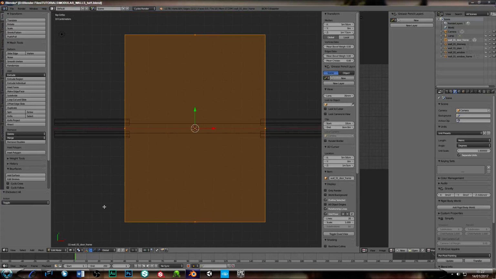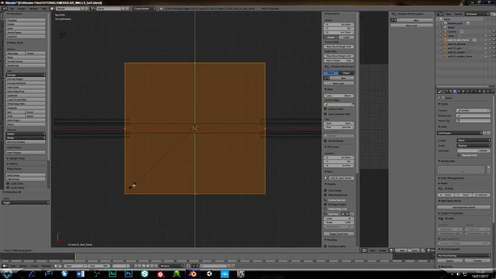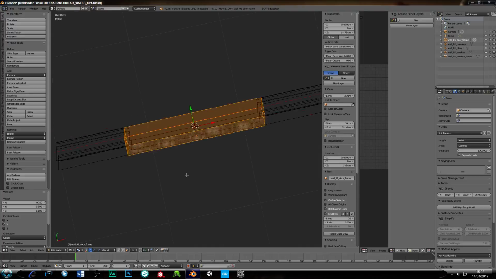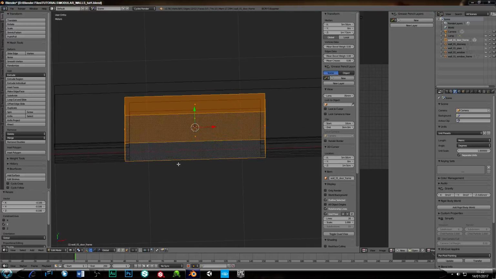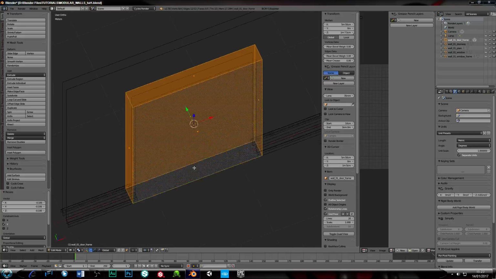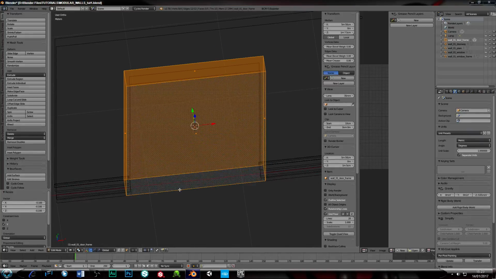Zoom in a little bit. Now we're going to scale this along the Y, holding the control key till it lines up with the skirting boards. Now there is a little issue with this, which I will show you in a second. I'll show it right now actually. What will happen is, if I go